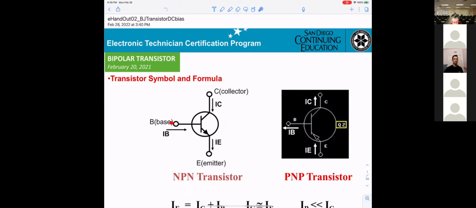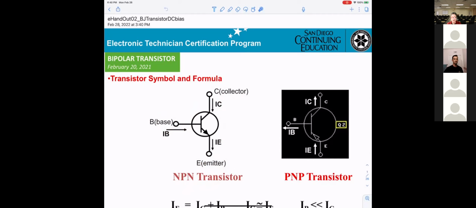The definition will be: this is what we call the base, this will be the collector, and that will be the emitter. The current flowing into the base will be IB. The current going into the collector will be IC. And the current leaving the emitter is IE. That will be NPN.